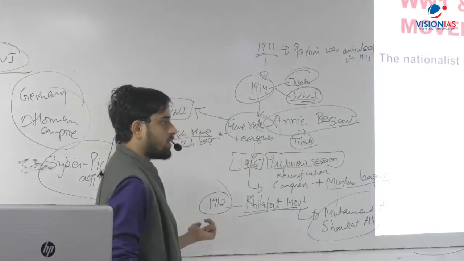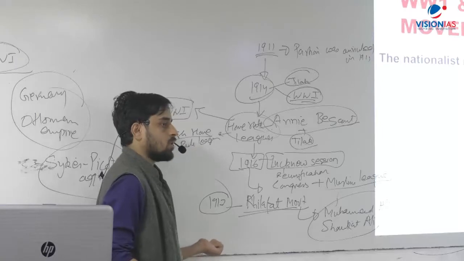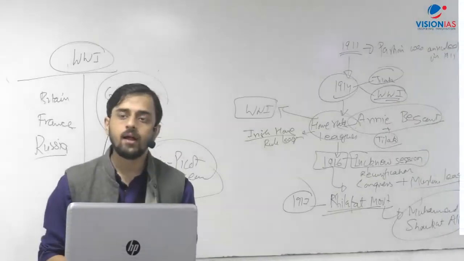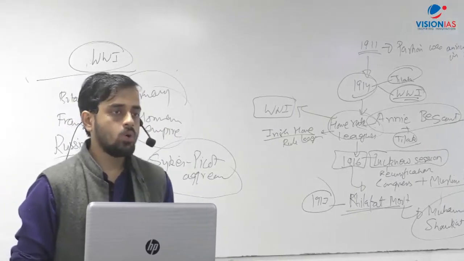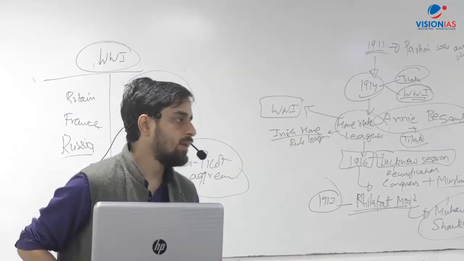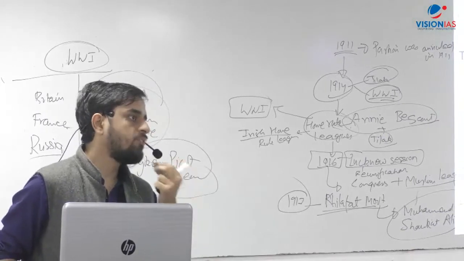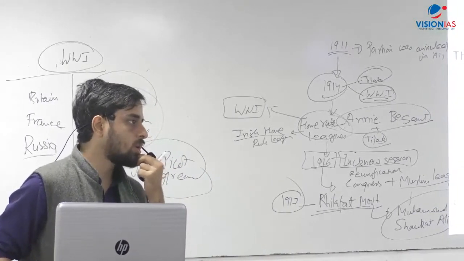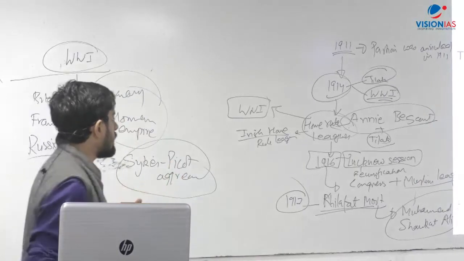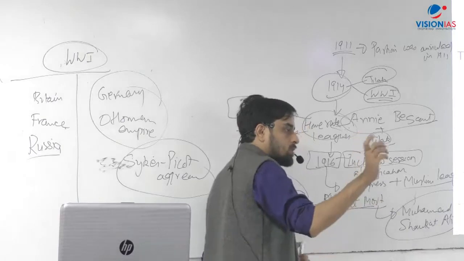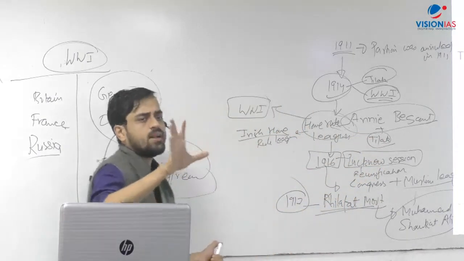And when this call for the Khilafat movement was given by Muhammad Ali and Shaukat Ali, at this point of time, Congress under Gandhi also joined the Khilafat movement and joined hands with Muhammad Ali and Shaukat Ali. So the Khilafat movement was one issue which brought the Congress and the Khilafat and Muhammad Ali and Shaukat Ali together. And this was an opportunity that Gandhi was looking for,